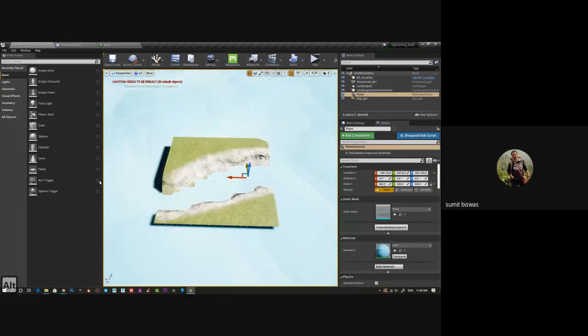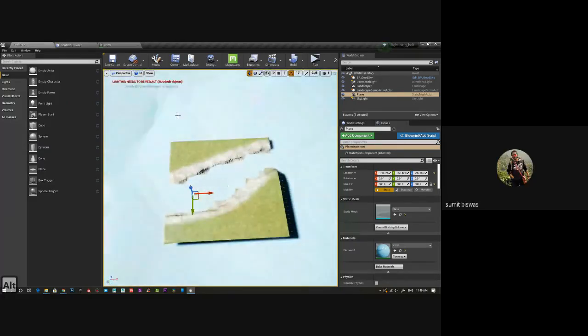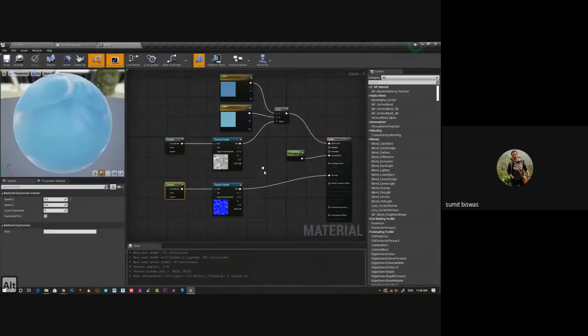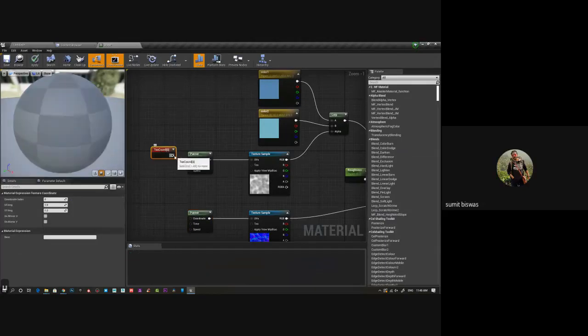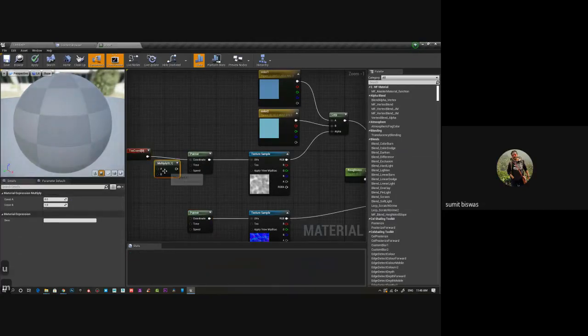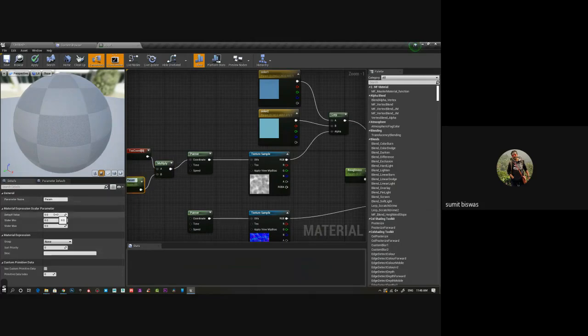Tiling I need to increase for this section. So for tiling, UV coordinate, you can control it here with the help of this or apply a multiplier. Parameter. You can see gradually we start increasing the complexity of this.